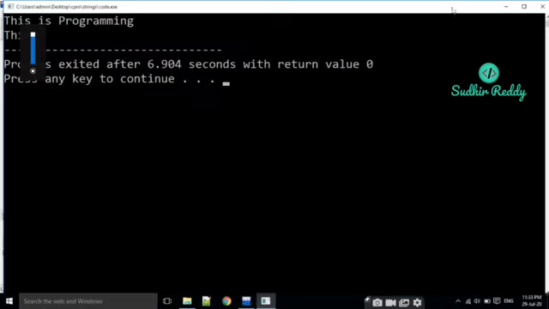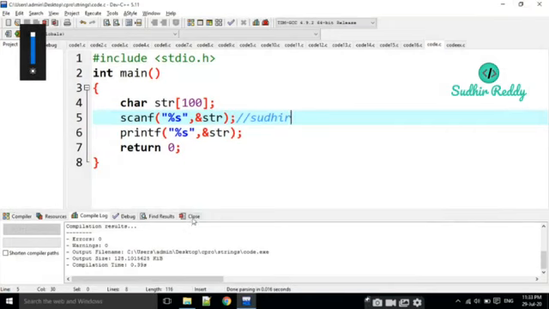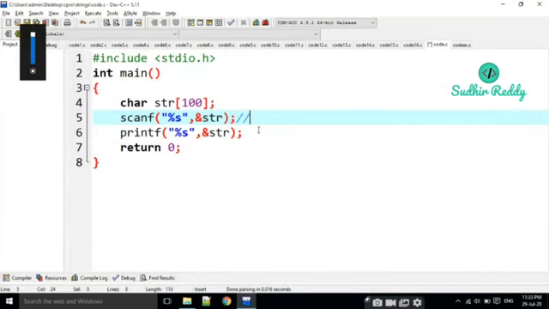Why? Because if you are reading like this, the input is "this is programming". The compiler thinks that if any space is there, it automatically treats it as the end of the string.